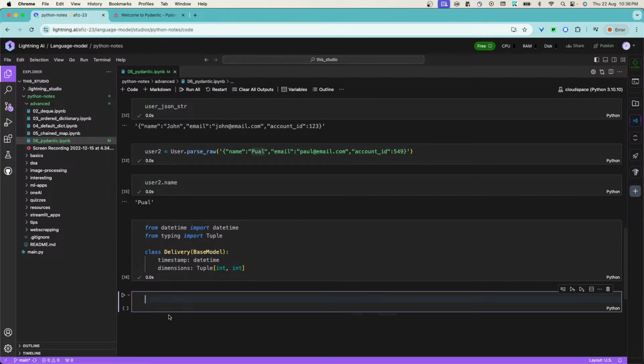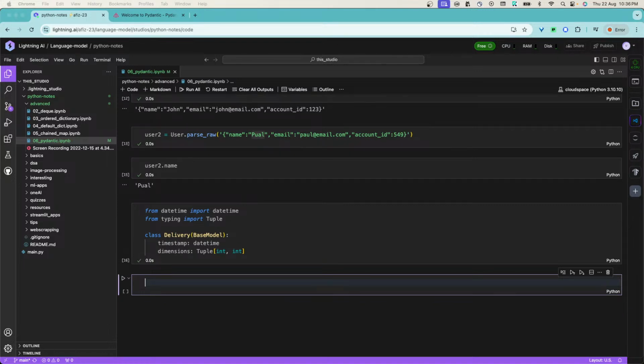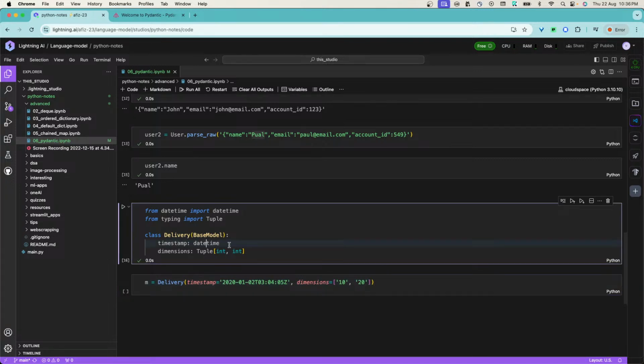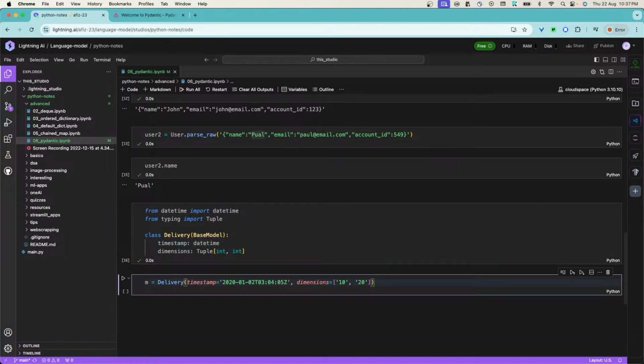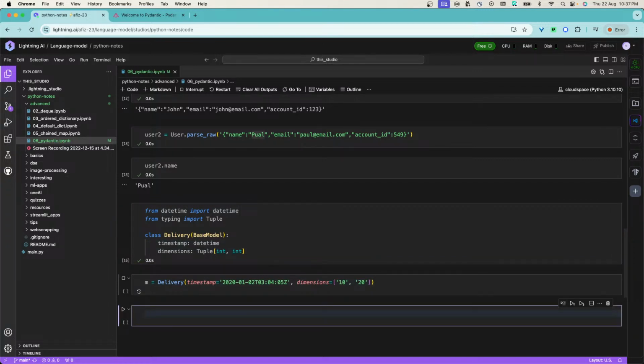Now try to create an object out of it. Okay, so I have a code. Let me paste it here. So now what we are doing is I am passing the timestamp here in the string format. Since we have defined it as a datetime, it will automatically convert that into a datetime object. Okay, let's see how it works. Yeah, it's executed. Now if I say m dot timestamp here,